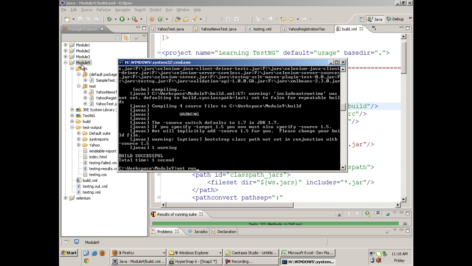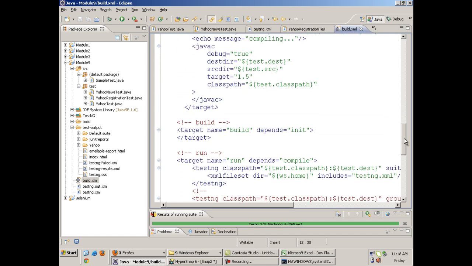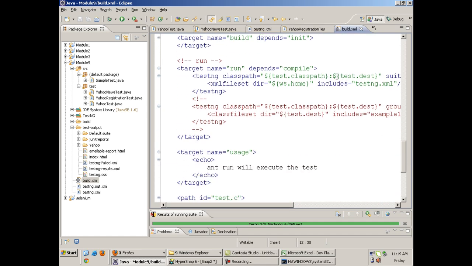This will execute all the tests present in testng.xml, because in build.xml under the run target I have this testng.xml mentioned out here, in the XML file set.